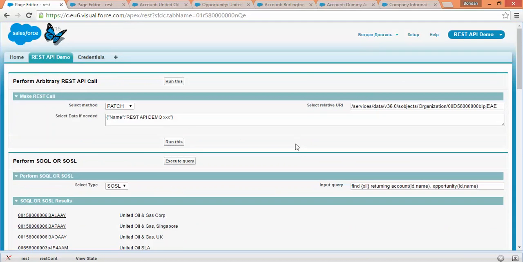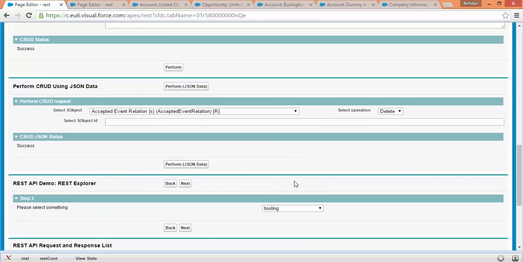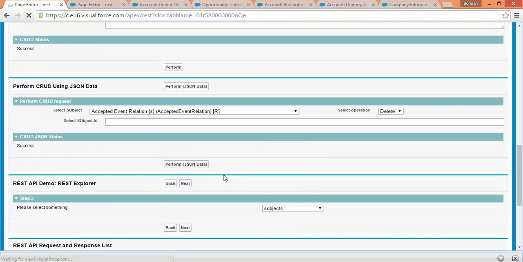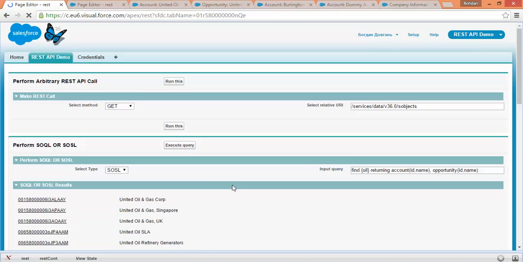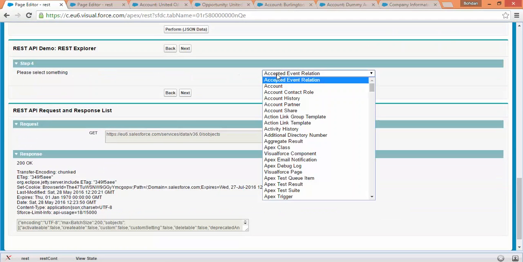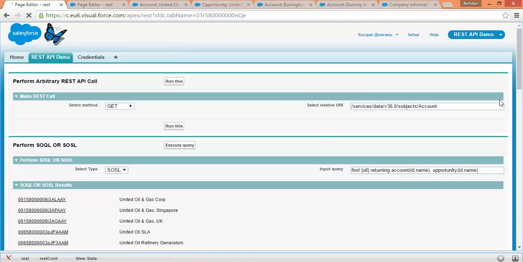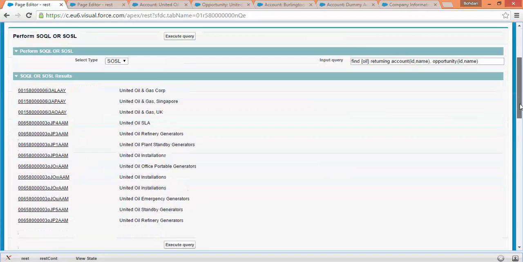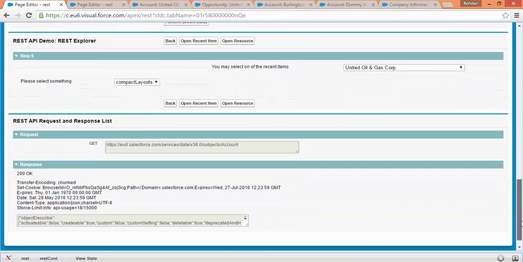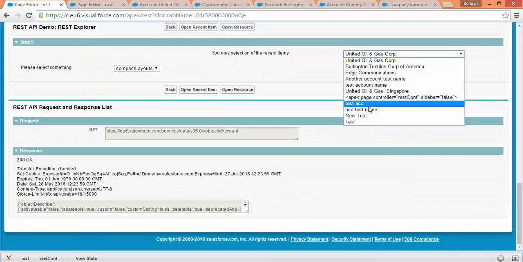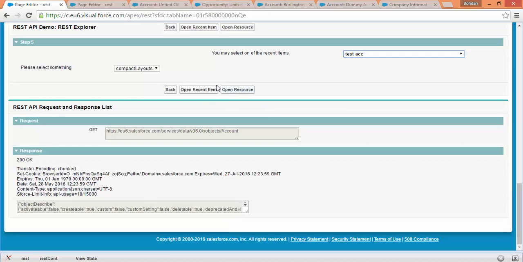Some other stuff I would like to show you is if I go to these objects, and if, for example, I choose the accounts, then the REST API may return me recent items as well as some describe information. So, for example, I can go to some recent item,